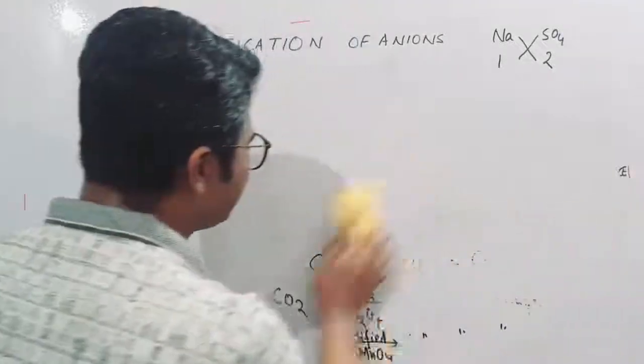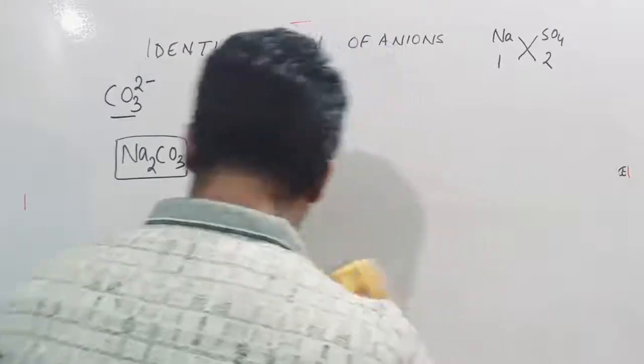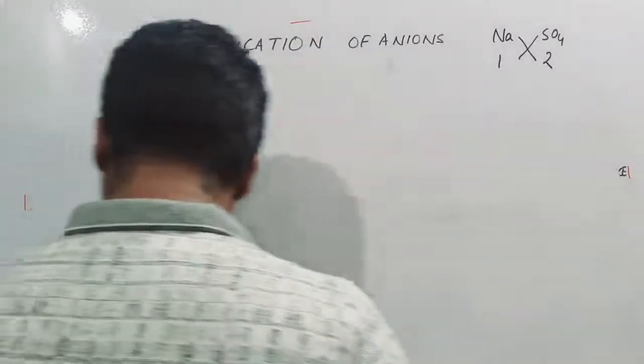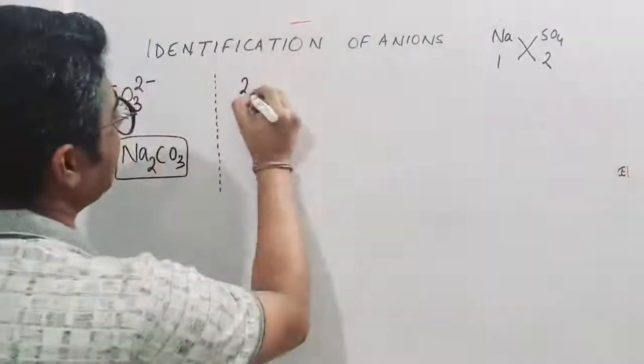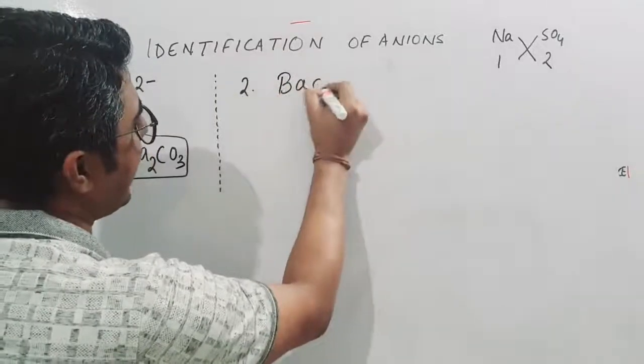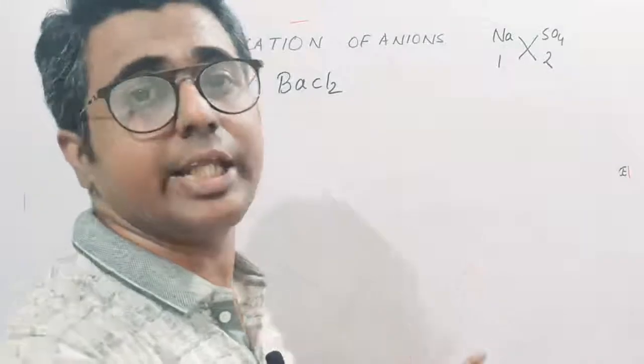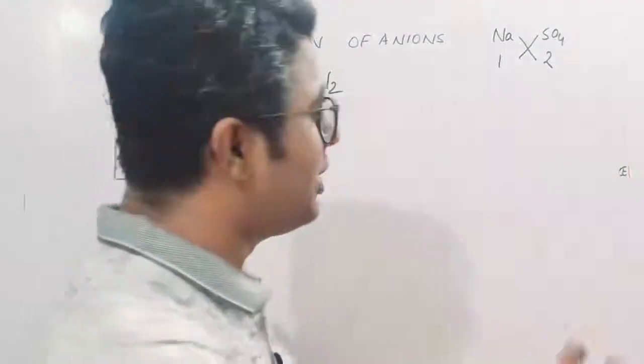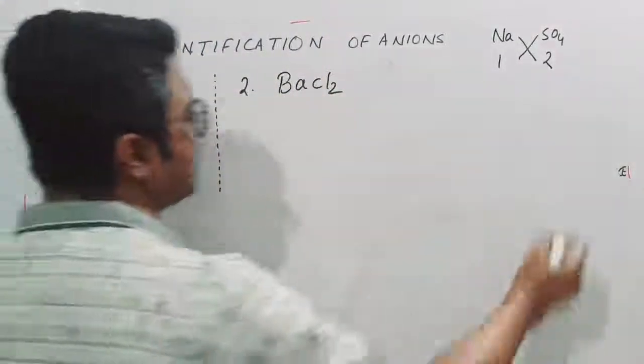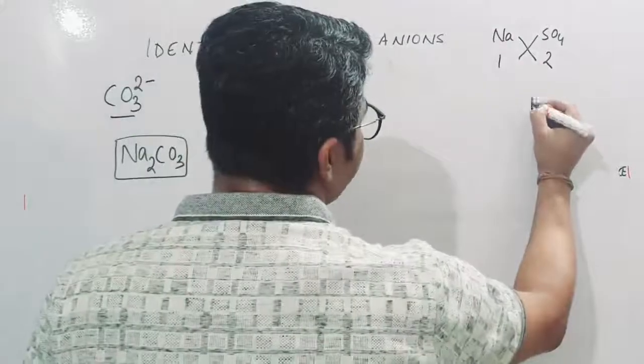So another test is the BaCl2 test. Okay, so what will happen with BaCl2? Let's see. So if I use BaCl2, I'll number it test 2. I am adding barium chloride, a very important reagent in inorganic chemistry. So there are some important reagents you need to note down. One of them is barium chloride,